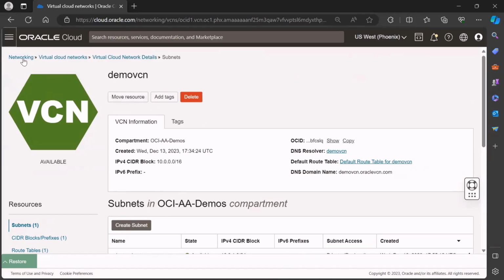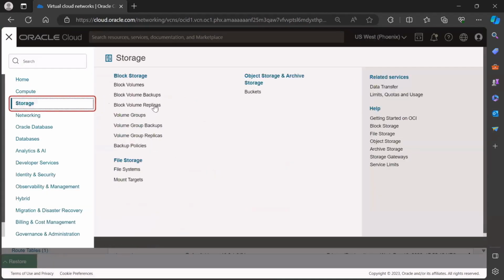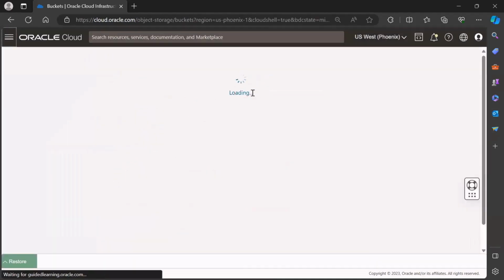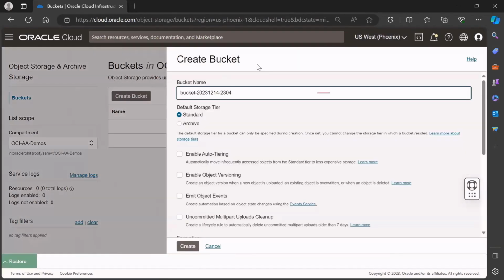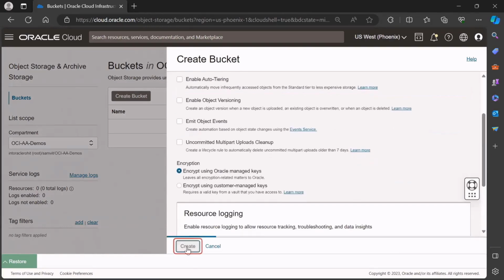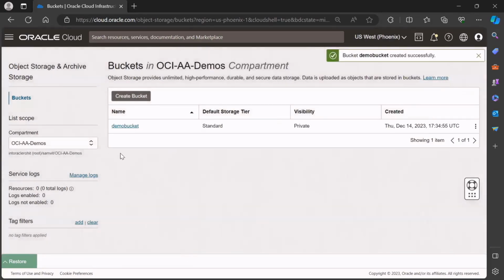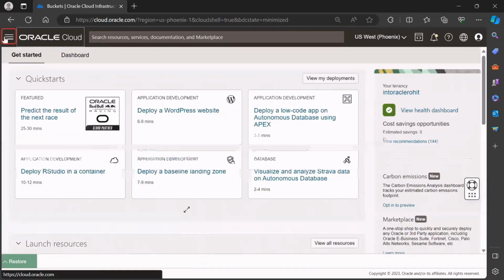Now it's time to visit object storage service. Let me show you how to create a bucket. So I'll very quickly create a bucket. Rest everything remains the same. Click on Create. So we will upload objects inside this bucket, but we will not do that now. Before we do that,